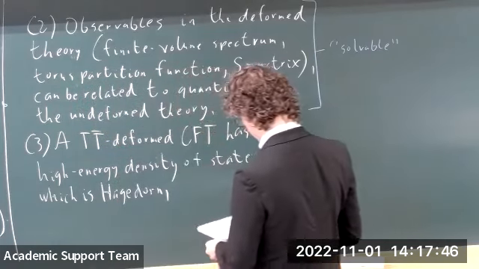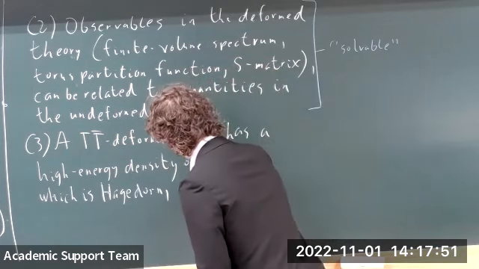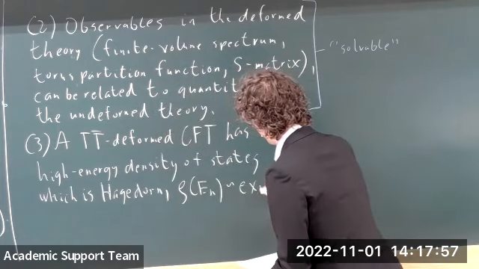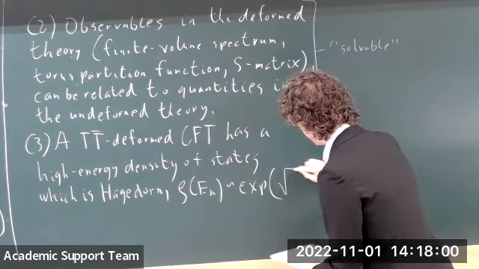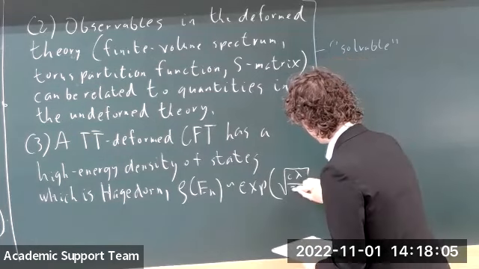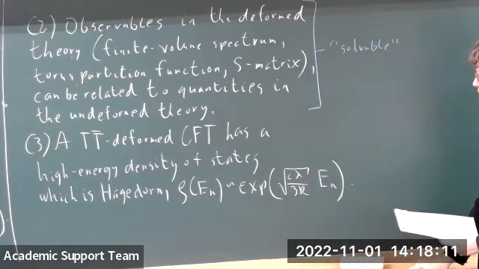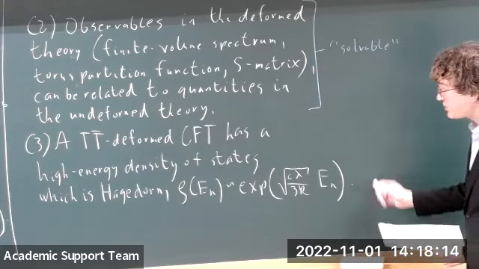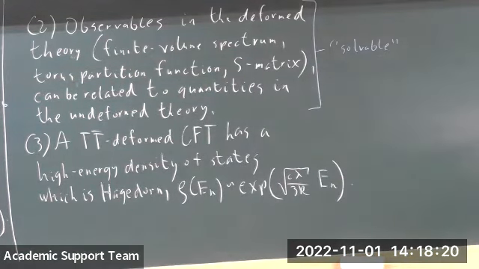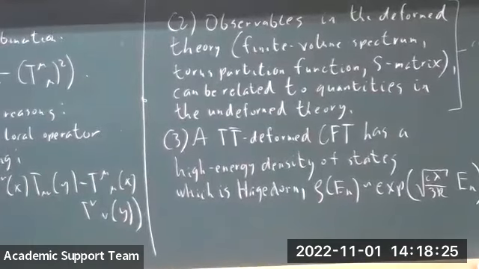So what do I mean by Hagedorn? Specifically, I mean that if we write the density of states, say rho of E_n, at large E_n, this goes like an exponential, not of the square root of the energy E, but up to some prefactor, where here lambda is going to be the TT bar parameter by which we deform. The density of states is proportional linearly to the energy of the theory, not to its square root. So this is a faster growth in the high energy density of states than would be expected for a local quantum field theory. And in fact, is more reminiscent of a string theory. So string theories have a Hagedorn growth of the density of states at high energies.